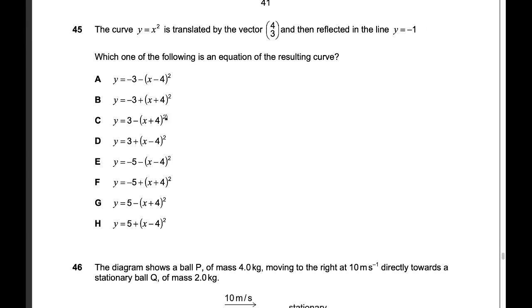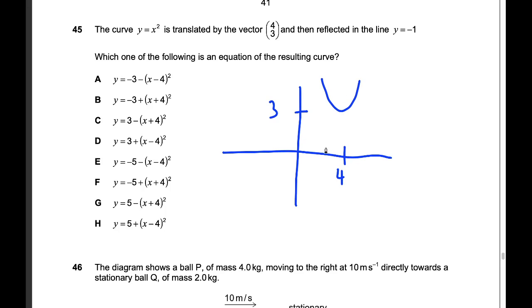45. The curve y equals x squared is translated by a vector (4, 3), and then reflected in the line y equals -1. Which of the following is the equation of the resulting curve? So I would just draw this in steps. We start with y equals x squared. I assume you guys know what that looks like. Then it translates 4 over in the x direction, and 3 upwards. So it's like that. And then it's reflected in the line